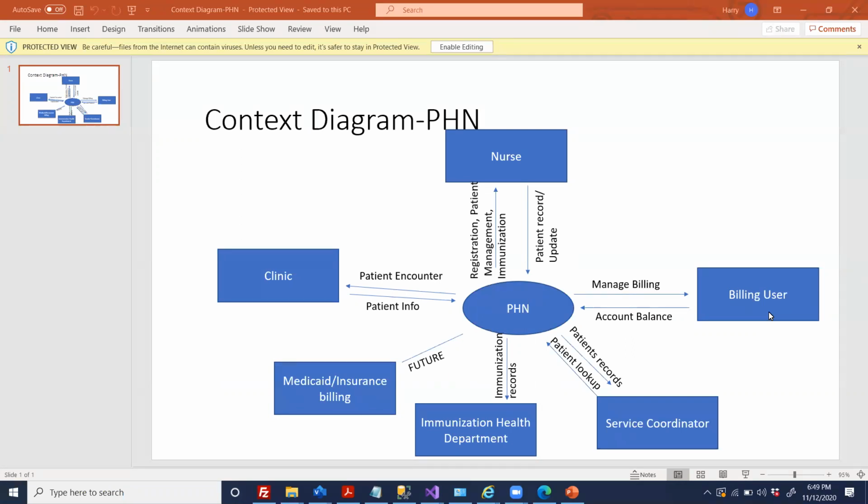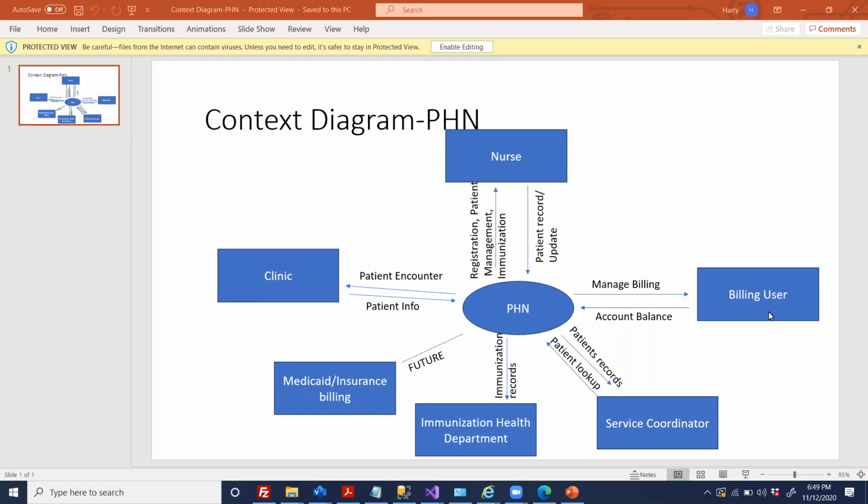Okay. And I don't know why I have an output for my, oh yeah, okay, I think what I did is right. It says mileage reimbursement. So the system will calculate and let them know what reimbursement they'll get. And then they'll also get the patient database from the system. Okay, so I have a question for you. When you say mileage reimbursement going from the PHN to the nurse,